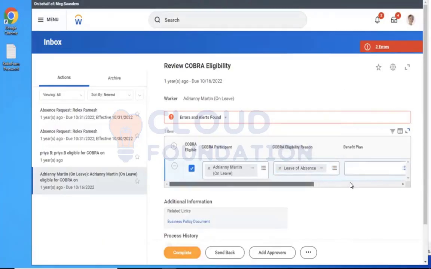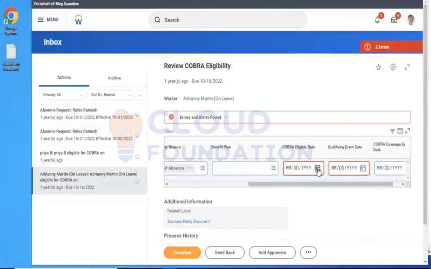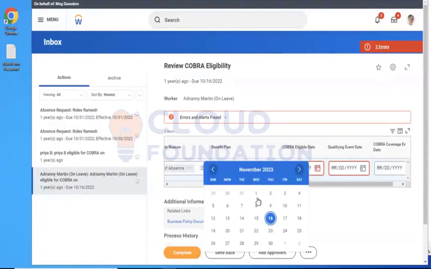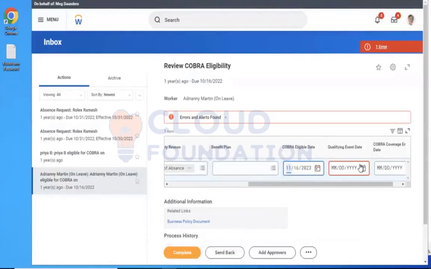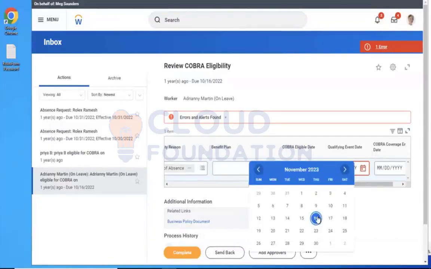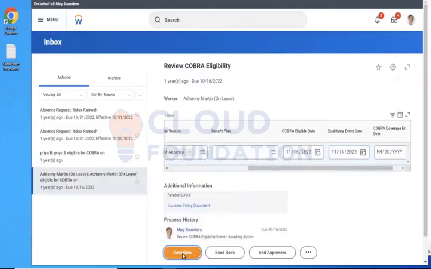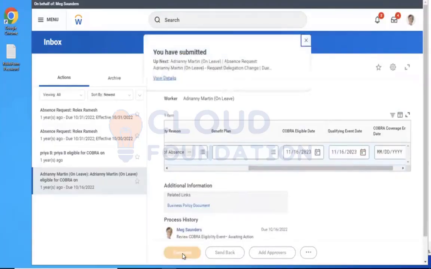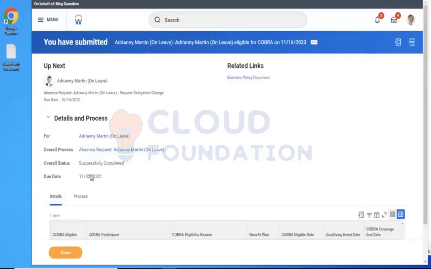See, the BP there is giving issues. Okay. Now it's mandatory, we need to bring the plan and assign the details. But I will try eligibility date 16. Qualifying event is 16. We'll still give it a try. Okay, further it has triggered and completed successfully.